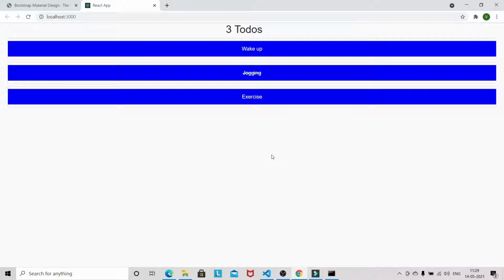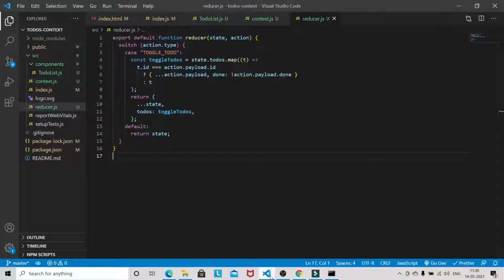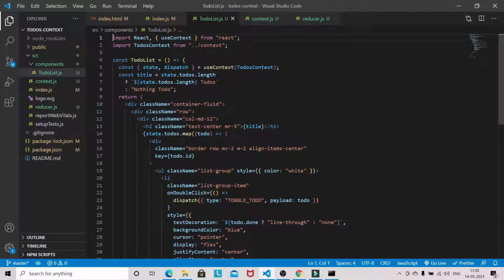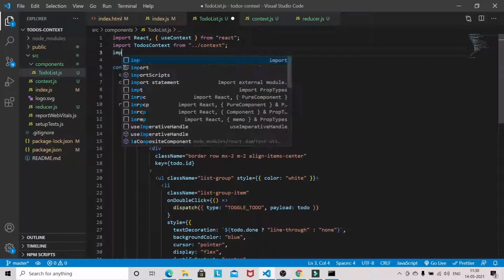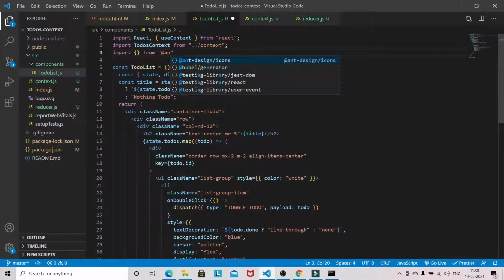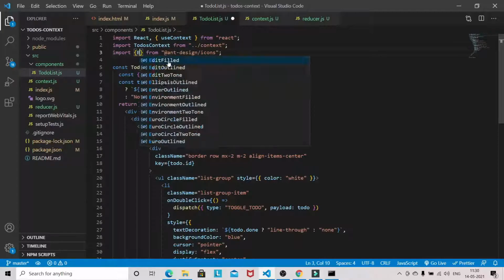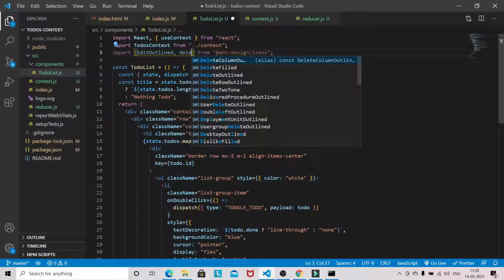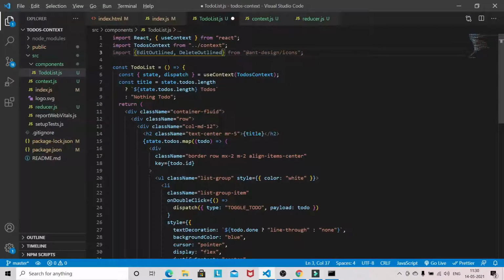Okay, now the next one is we need to delete. So to delete, we first need to add the icons. So we will be importing from Ant Design icons, and this will be edit outline and delete outline.